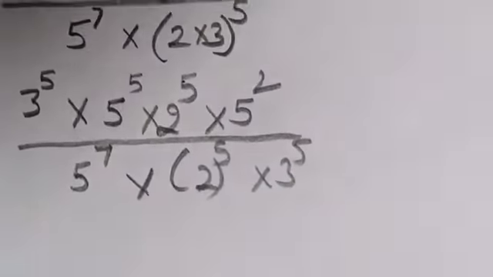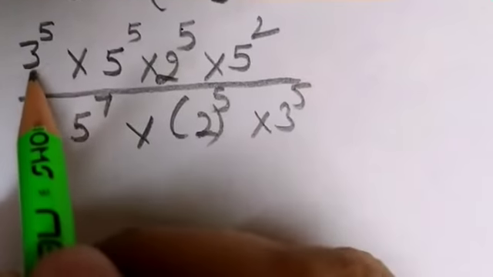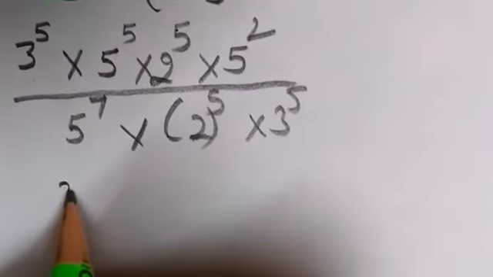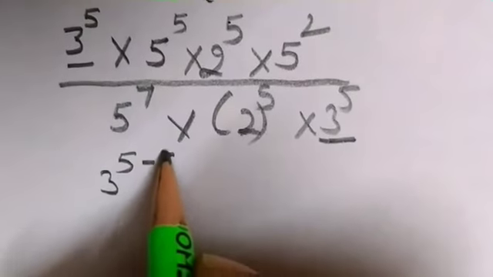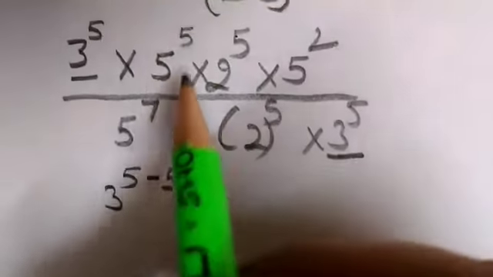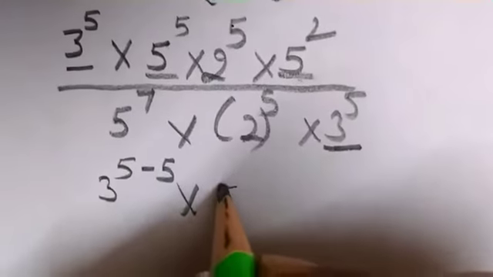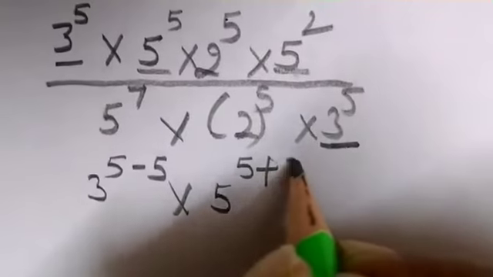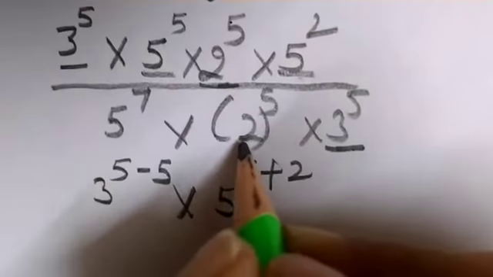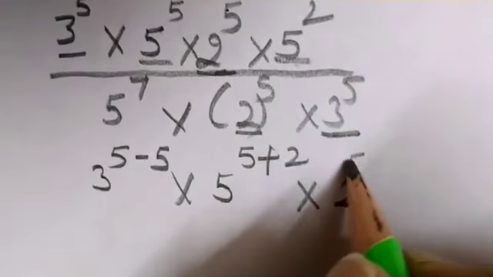Now we check which values have the same base. देखिए 3 raised to the power 5, 3 दोनों के बेस सेम है. Then power will be subtracted in division case. 3 raised to the power 5 minus 5. इन दोनों डिजिट के बेस सेम है बट मल्टीप्लाई हो रहे हैं. Then we add the power, क्योंकि हम जानते हैं कि मल्टीप्लाई में पावर ऐड होती है. Next base is 2. This is also 2. Same base है. Division case we subtract the power.